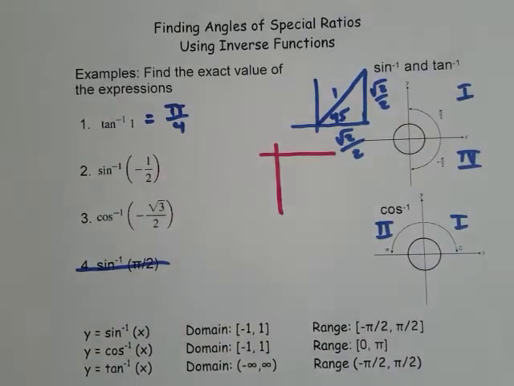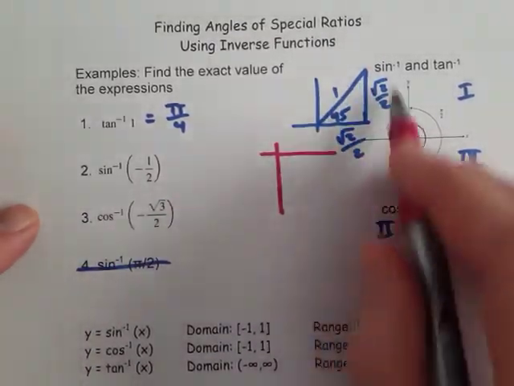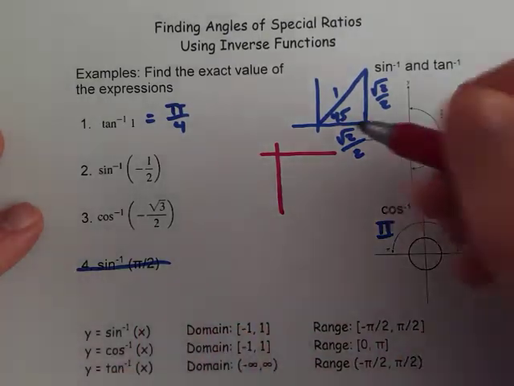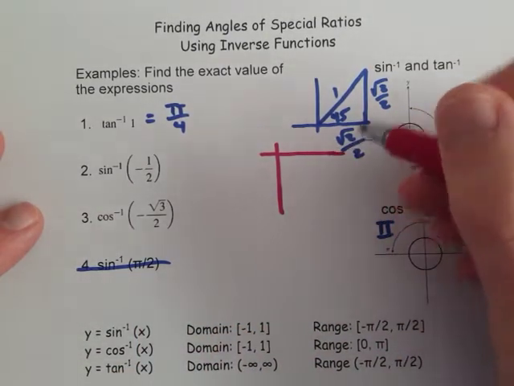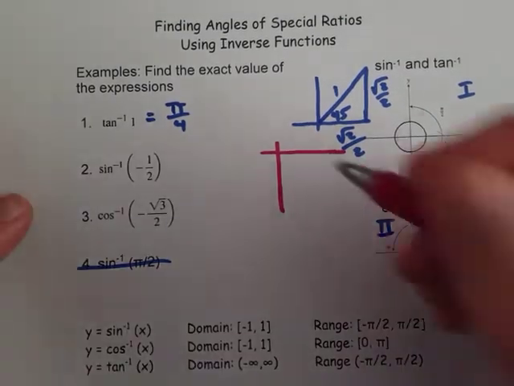And then the second decision I have to make is which triangle am I talking about? Now the 1/2, that's not anywhere in the 45 triangle, but it is in the 30-60. So I'm going to draw this with a negative 1/2 to it. And this, again, might be a little bit of guess and check, but once you get the hang of it,